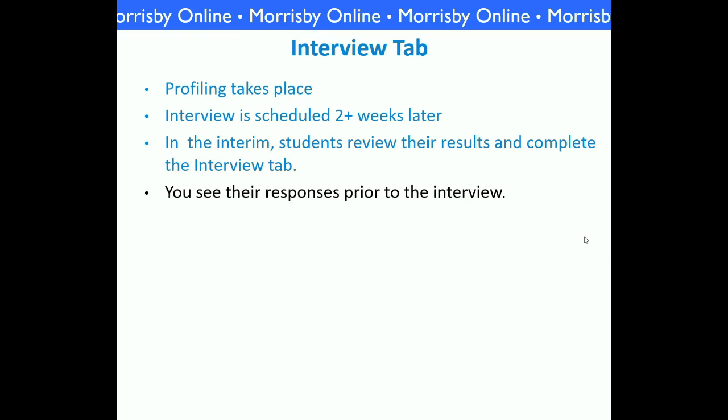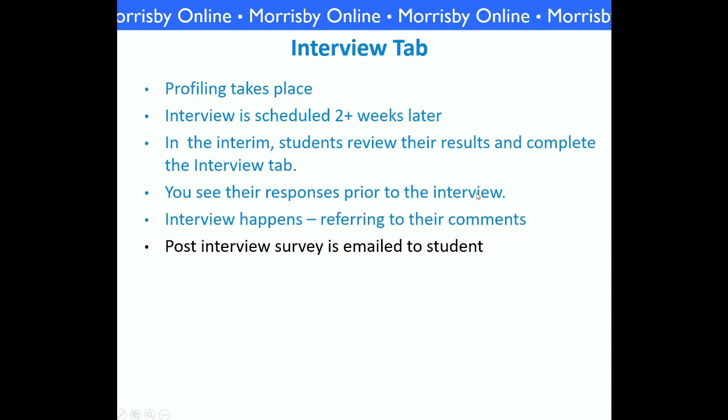You, as a careers consultant, will be able to see their responses prior to the interview, and you do that by clicking on their blue head and having a look at the interview tab, scanning down and seeing what it is they're interested in getting out of the interview with you. The interview then happens, and clearly, because you've looked at their results, you'll be able to integrate their comments and thoughts into the interview. At the end of the interview, you will click a button and the post-interview survey is